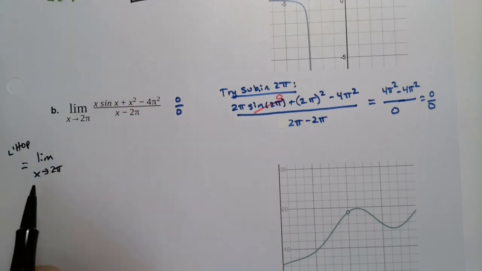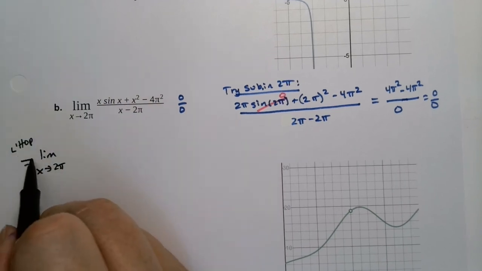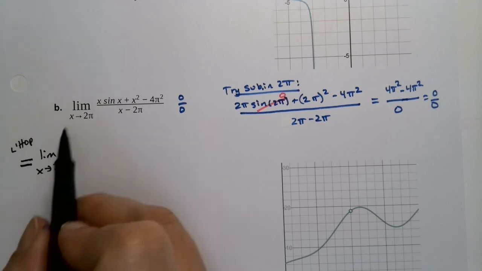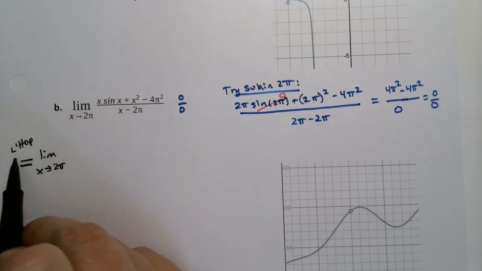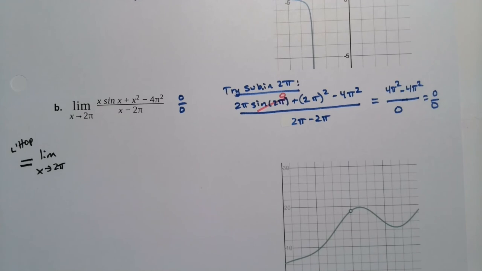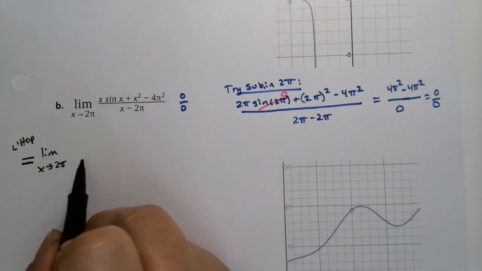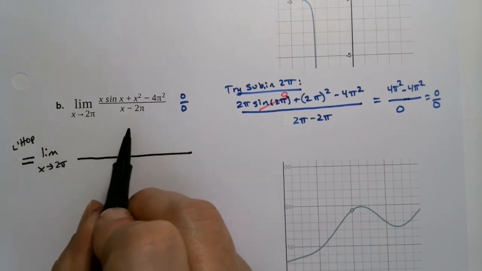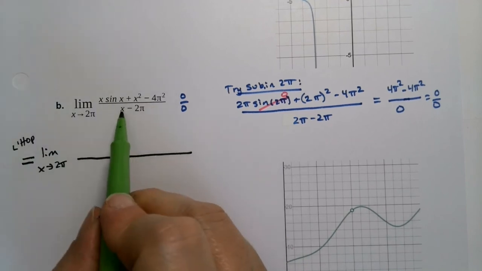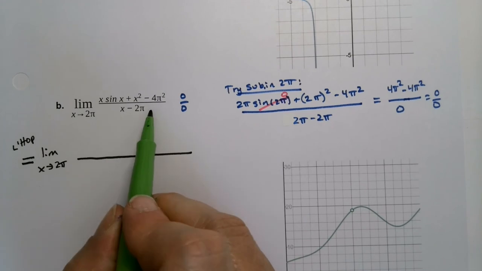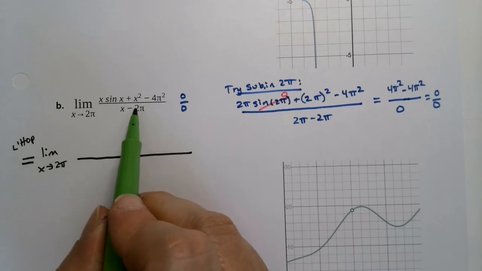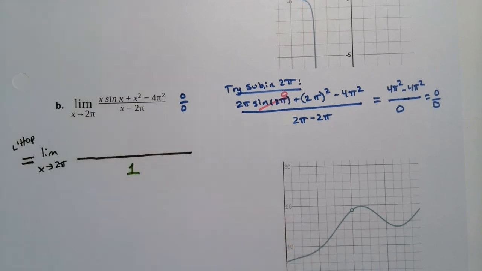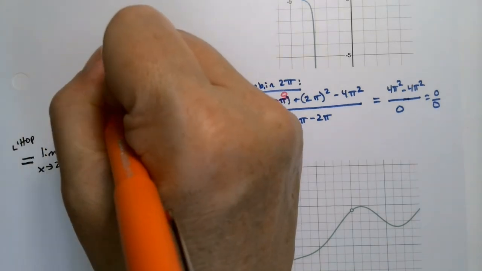Okay, so L'Hopital's rule, and again, you must notate. They're not actually equal, they're equivalent. So you have to notate that with a little L'Hopital over your equal sign, or an L apostrophe H. All right, so now I'm going to need to find the derivative. Now the derivative in the denominator is easy because it's just x minus a constant. The derivative of 2 pi is 0, so this is just 1 down here. So that's easy. Now in the numerator, you have a little bit of work right there because x times sine